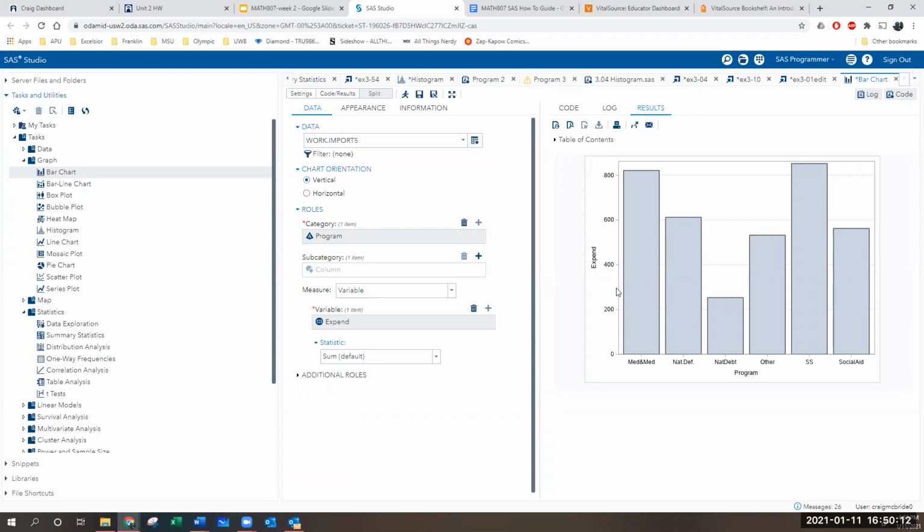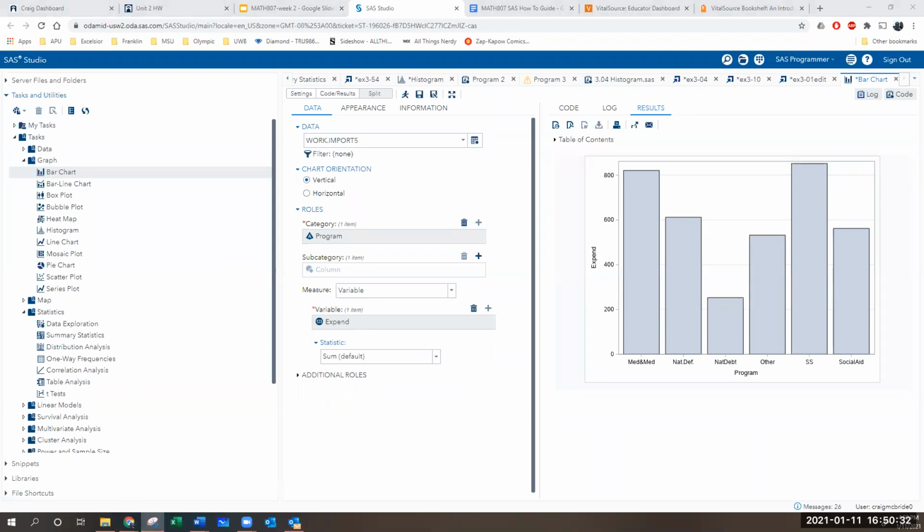Can I ask a question? On these graphs, do you want us to put titles and all of that, or do you just want the basic? Either is fine. This is completely acceptable. If you want to play around with it, put titles in it, make it look pretty, that's great practice. But I'm glad that you mentioned this because